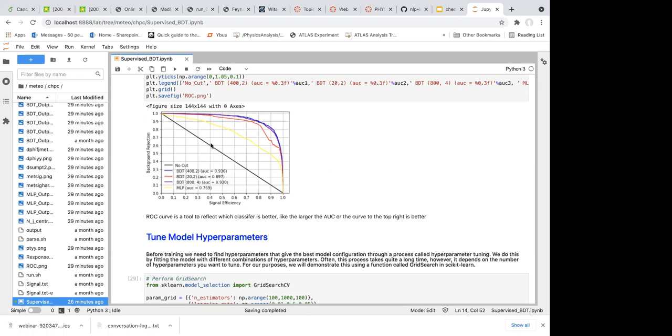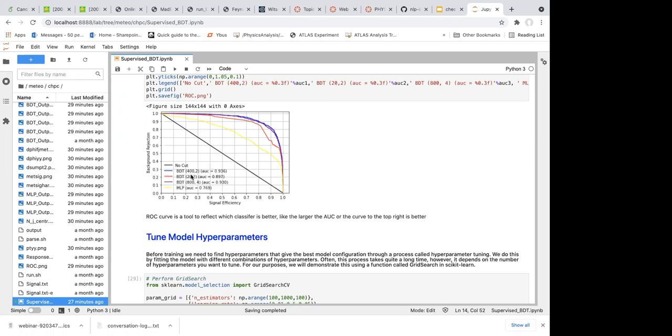So the ROC curve is a very straightforward illustration that you can use to compare which method has the best discriminant power. But at least this figure doesn't show you the overtraining. You have to put the training and test ROC curves together to show how severe the overtraining is. Here, we just try to compare different methods. So you can see the MLP, the DNN method, for which we just randomly set up a configuration and didn't do any optimization, has the worst performance because it's the lowest, with the smallest AUC, area under the curve.